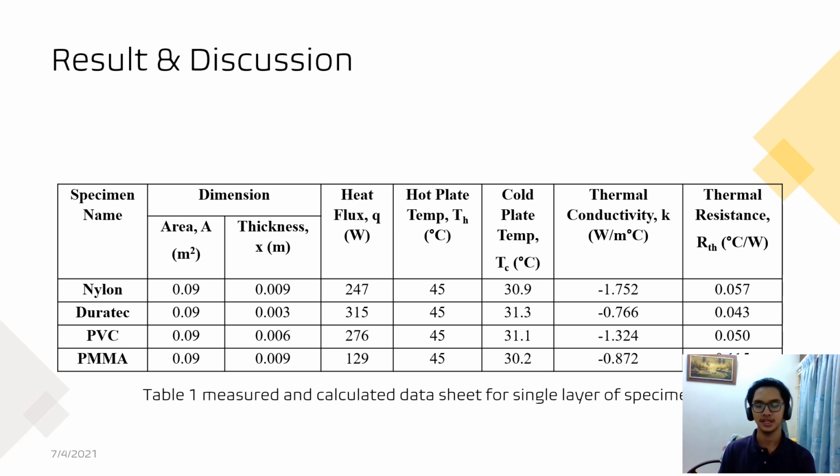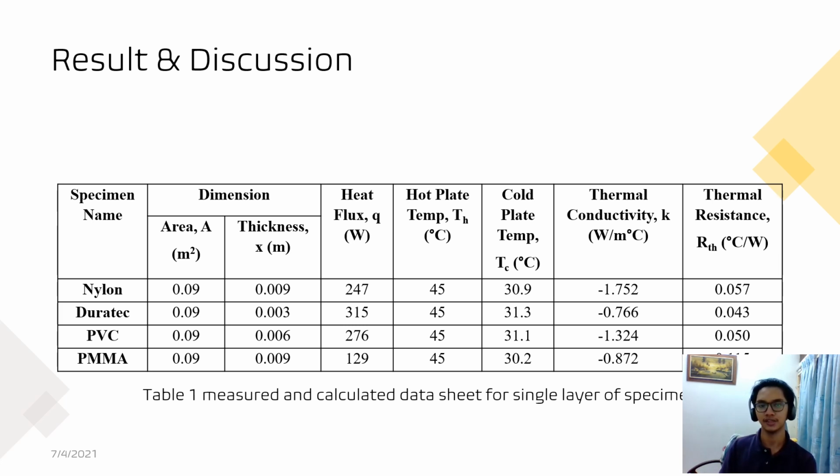For the PVC, the thickness is 0.006 meter. The heat flux is 276 watt and the cold plate temperature is 31.1 degrees Celsius. The thermal conductivity of PVC is negative 1.324 watt per meter degree Celsius and the thermal resistance is 0.05 degrees Celsius over watt. And finally, for PMMA, the thickness is 0.009